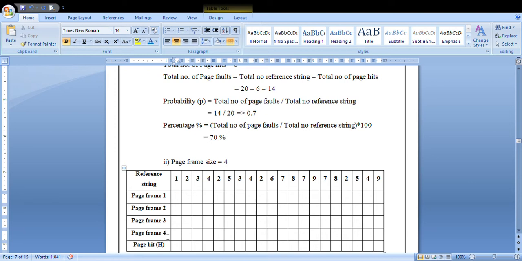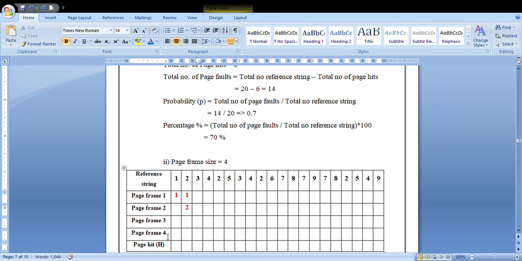So how to solve for this? As you solved in the previous problem, you are going to solve in the same manner. Page 1 arrived first, so you will assign page frame 1 for 1. Next keep 1 as it is, assign 2 for page frame 2.